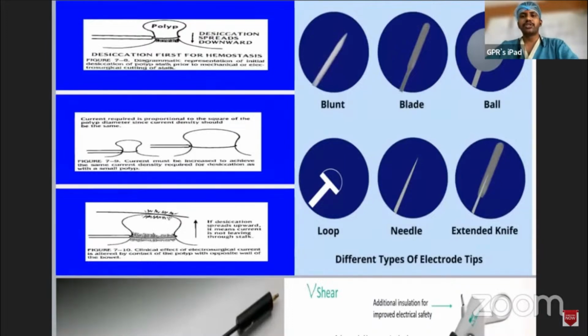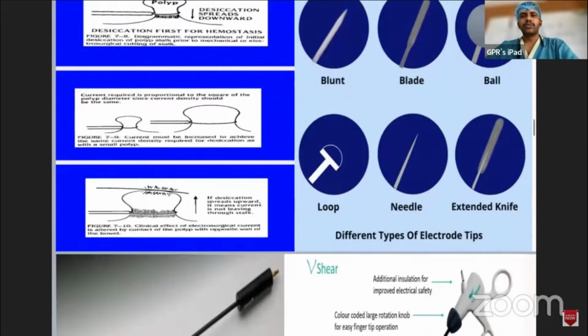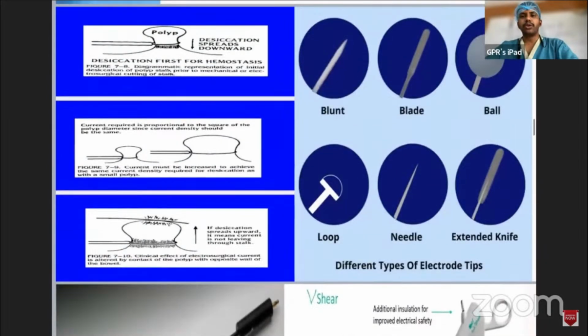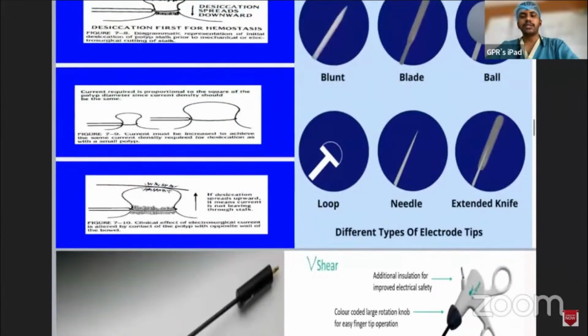The picture is from a classic book, showing how a polyp is removed from the patient's body. First the snare or loop is placed over the polyp, and then it is tightened and crushed to make sure some amount of hemostasis happens, and then the electric unit goes into action, causing the desiccation of the polyp tip.